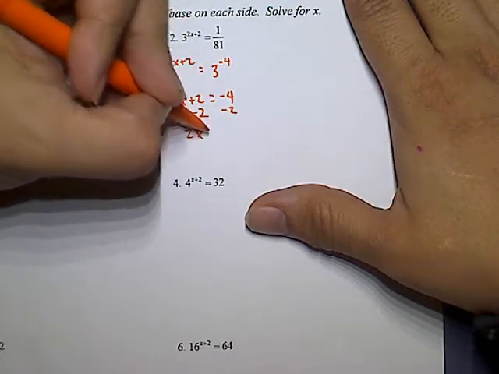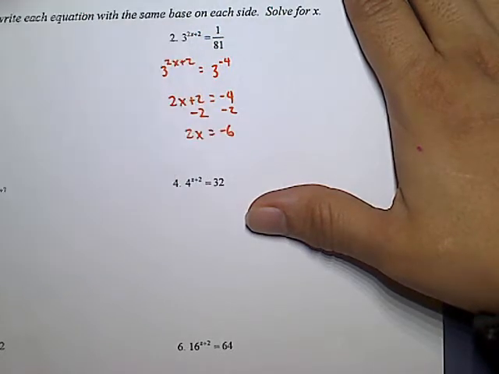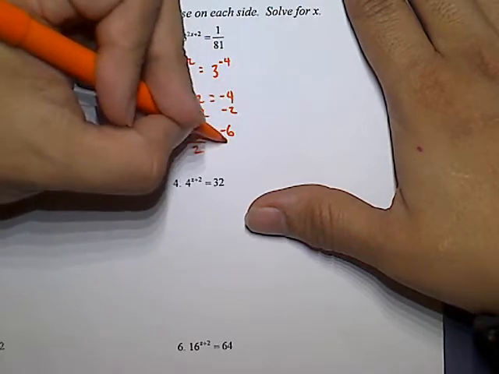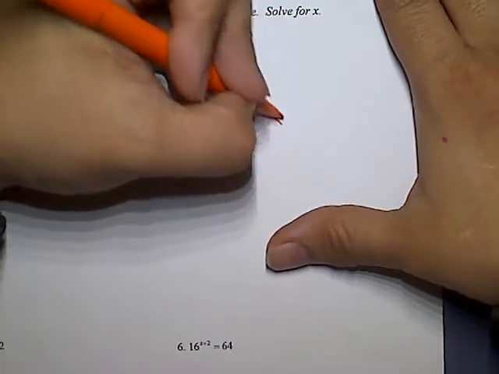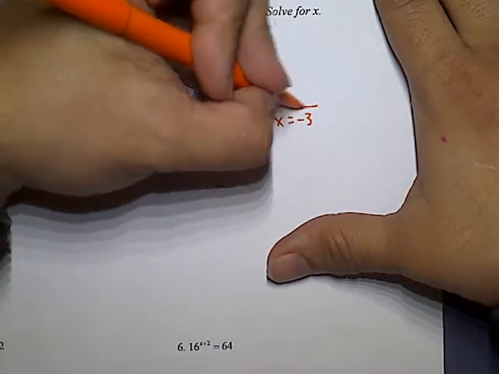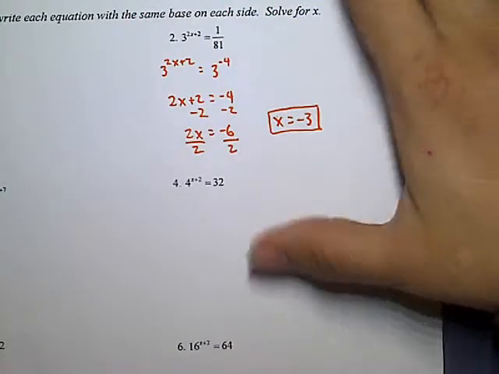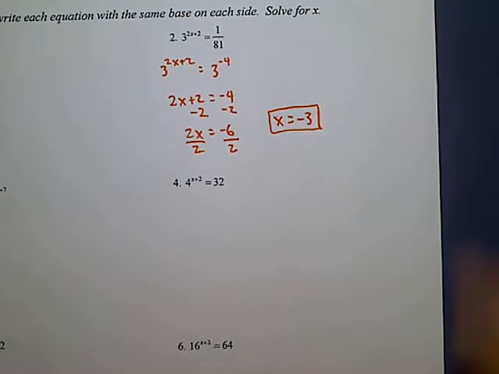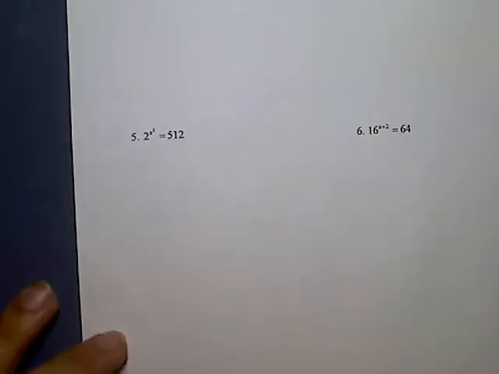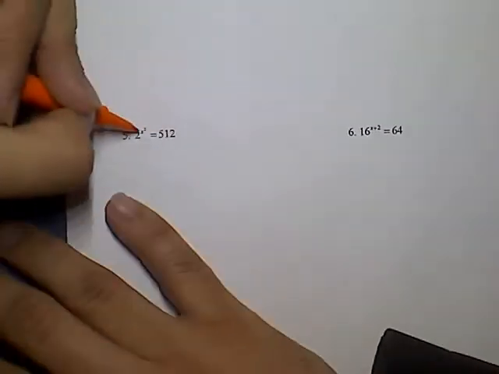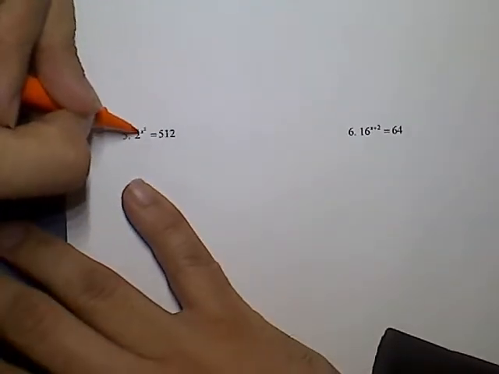So I get 2x equals negative 6. Divide both sides by 2. And x is negative 3. There's one more that we will record. Number 5. This one's a little bit weird because our exponent is no longer just an x, but it's x